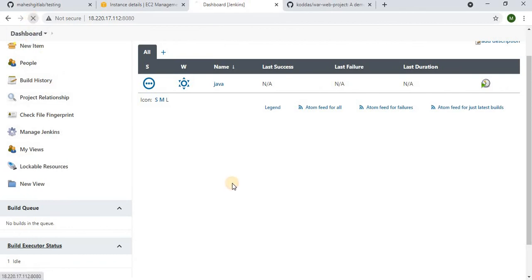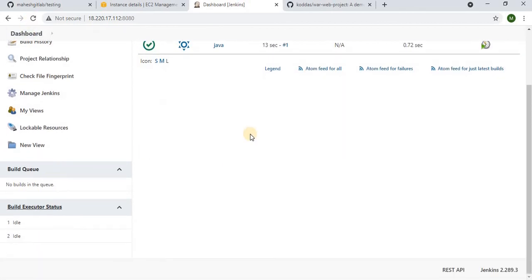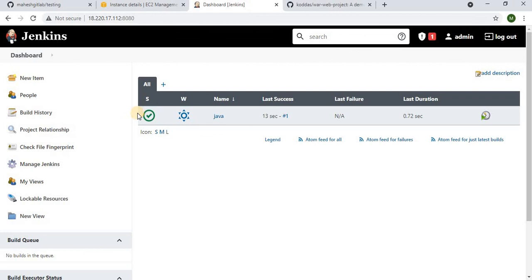Let me refresh once. Okay, it's done already. The check mark means the job has successfully finished. Last success shows 13 seconds back, and number one means this job has run only one time in terms of success. The duration is this one.